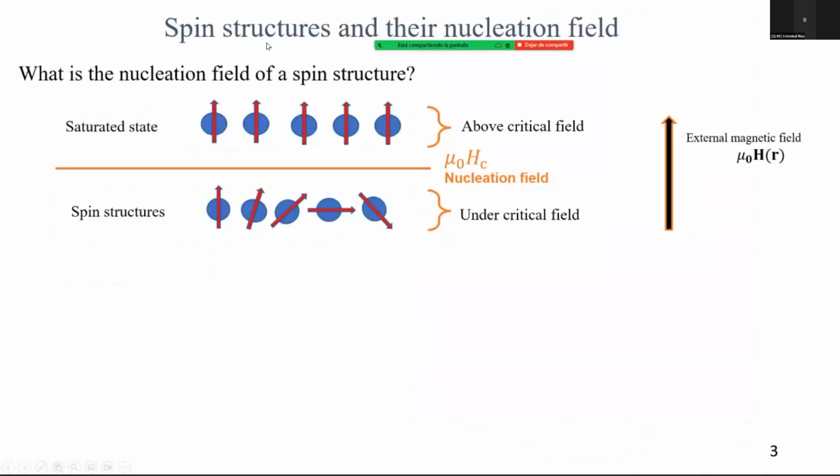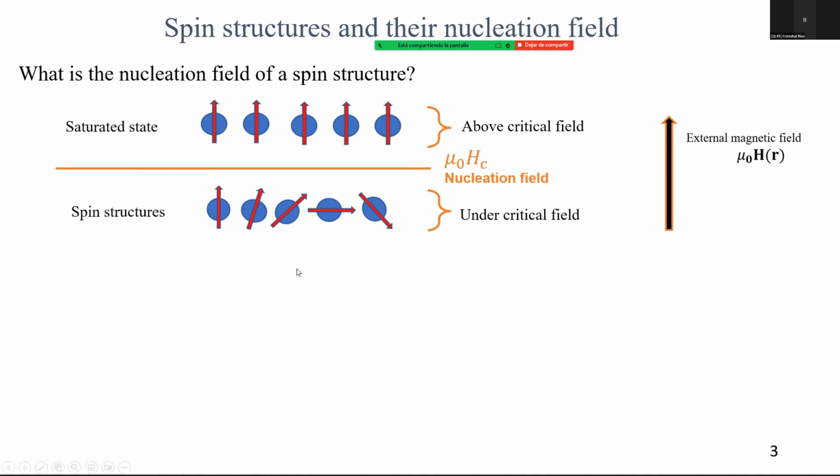So first, what is the nucleation field of a spin structure? If we have a high external magnetic field, the system will be in a saturated state. Here is the upper state where all the spins are pointing towards the magnetic field direction. But if we decrease the field under the critical field, the system will nucleate to a spin structure depending on the interactions that